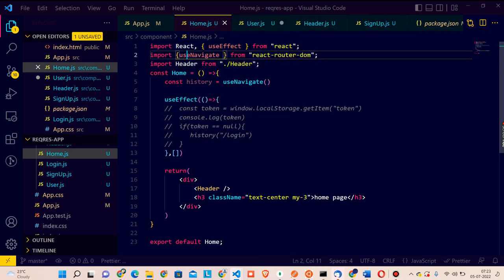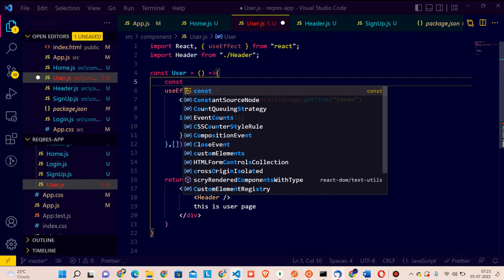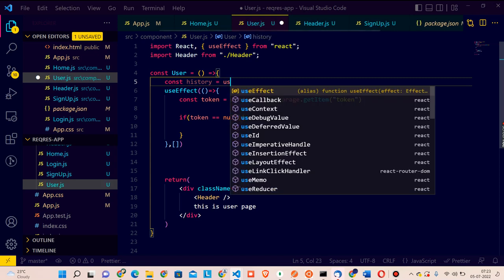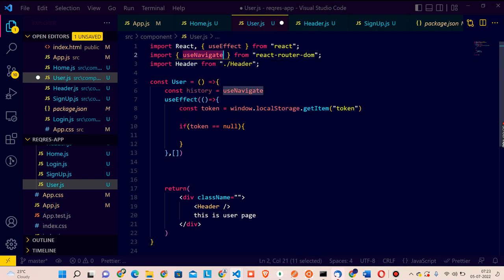So first of all, we will import this useNavigate. We will create one const history, const history is equal to useNavigate. Okay, so now we can see we already imported this. Cool. Now history dot